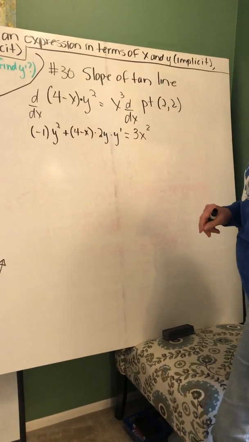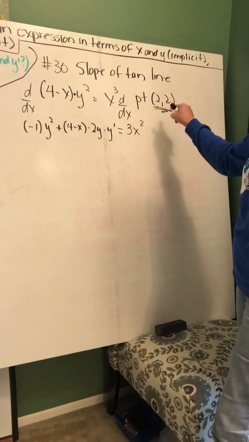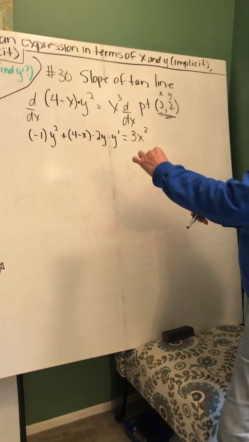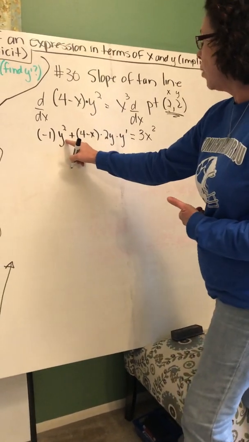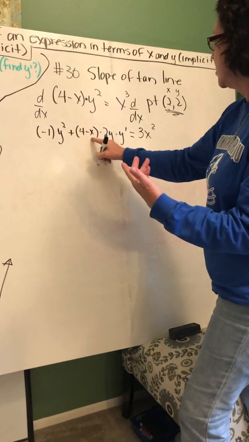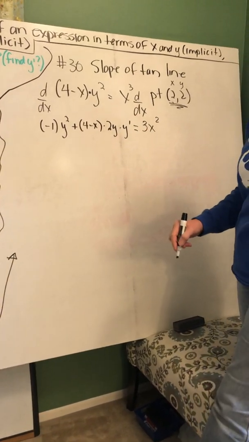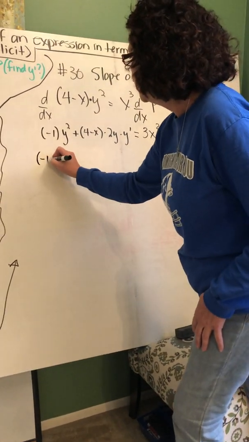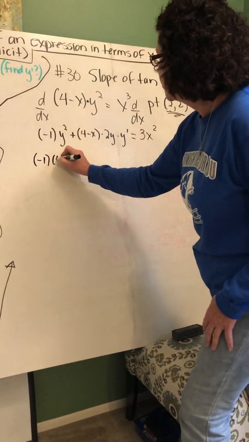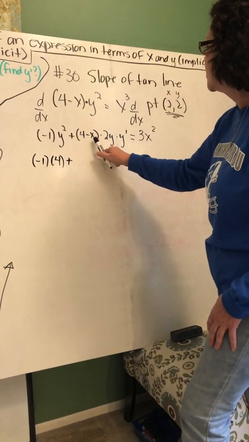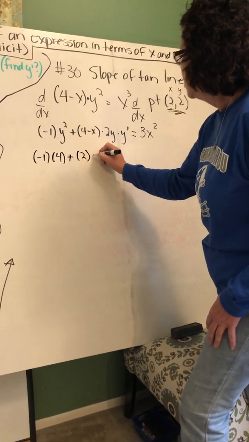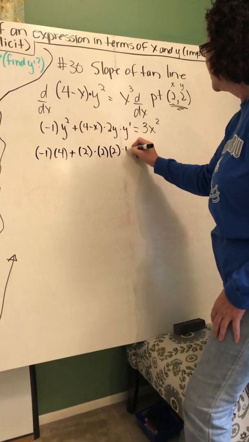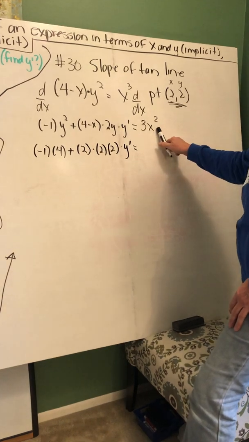You know what's the best thing to do when you have been given a point? Use it right away. My x is 2 and my y is 2. Let's put that in. So right here, wherever I see a y, I'm going to put a 2. Wherever I see an x, I'm going to put a 2. And that will be much easier to solve for y prime. Here's my negative 1. 2 squared is 4, plus 4 minus 2 is 2, times 2, here's another y times 2, times y prime equals,